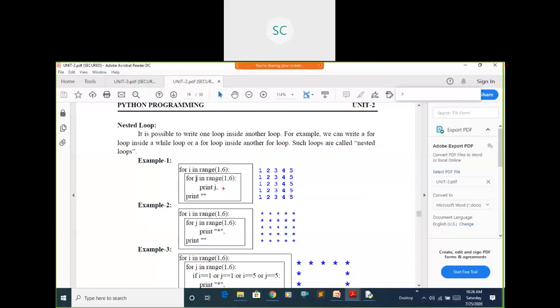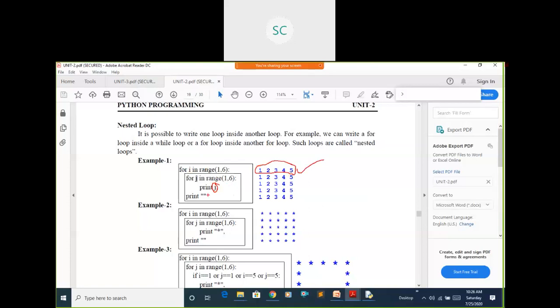For it starts from I, right? I is equal to 1. Here the j I am just repeating up to 6, means up to 5 it will print, so this one will be printed first. For I equals 1, here I am just printing I, j, right. Up to this line will be printed in the I equals 1 case.